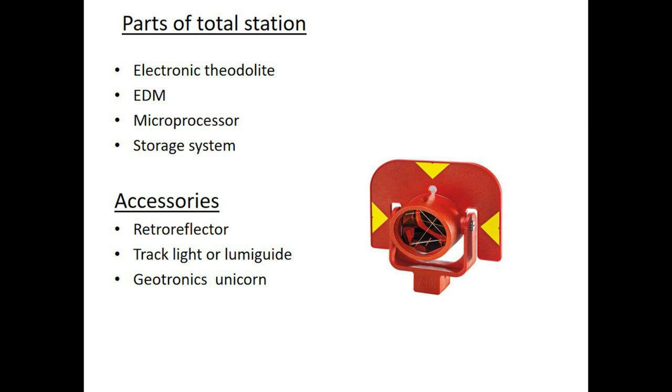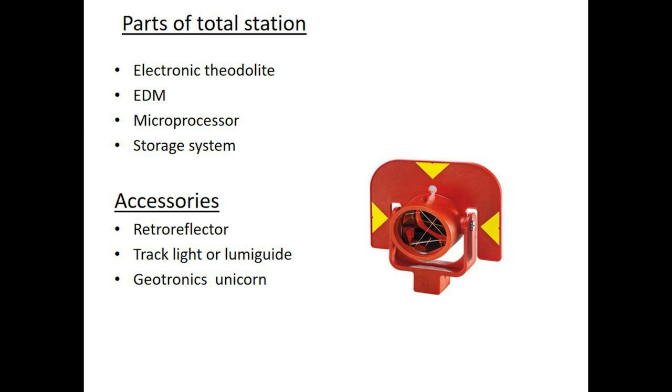The theodolite is used for measuring vertical and horizontal angles, and the accuracy of angle measurement can vary from 2 to 6 seconds. Then EDM is a major part of total station. Its range varies from 2.8 kilometers to 4.2 kilometers. Then the accuracy is 5 millimeter to 10 millimeter per kilometer measurements.